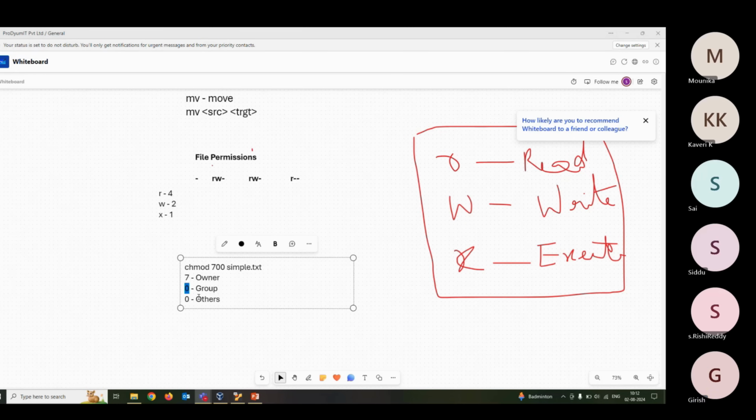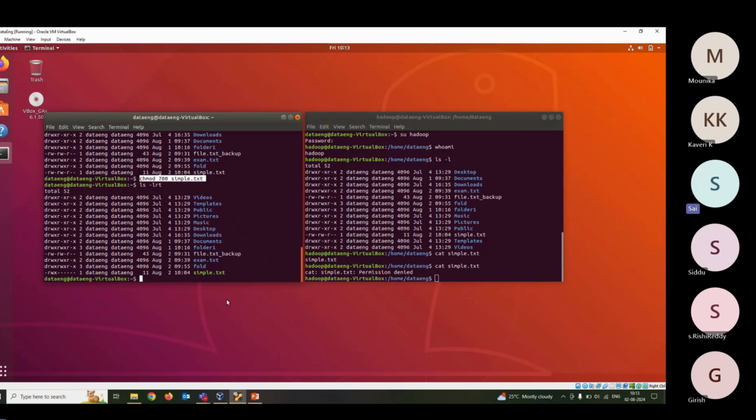So let's see. If I use 040, what happens now? As an owner, you will not be having any permissions, right? But again, I wanted to have all my permissions, but I only wanted to give read to the group, right? So let's try. What I'll do is chmod 740